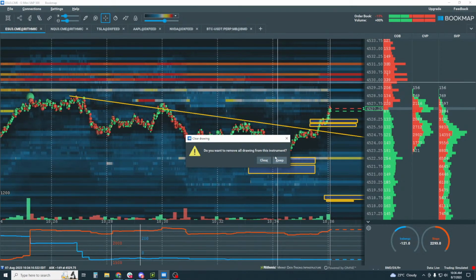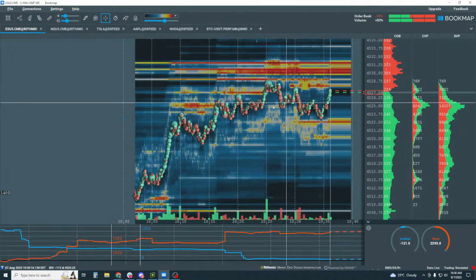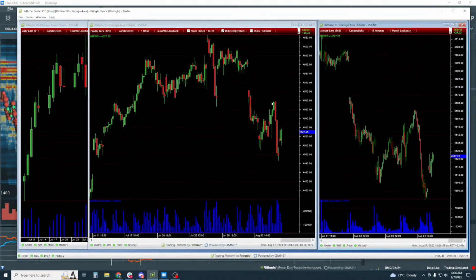Let's clear our drawings here. And we kind of left off again on the higher time frame. Yeah, so we just kind of peaked above here, and you can see we have been sloshing around. Basically, price came back down and then came back up again, and we're back up here yet again on this 15-minute candle. All right, and we see more buyers still, even on this 15-minute candle here.